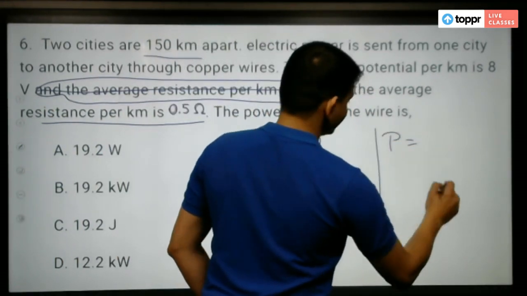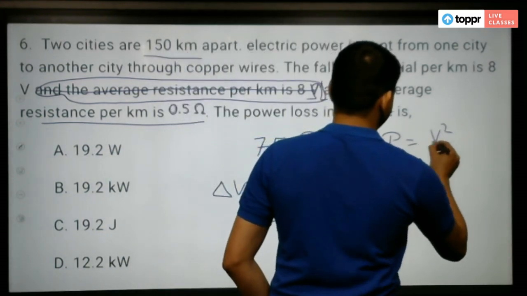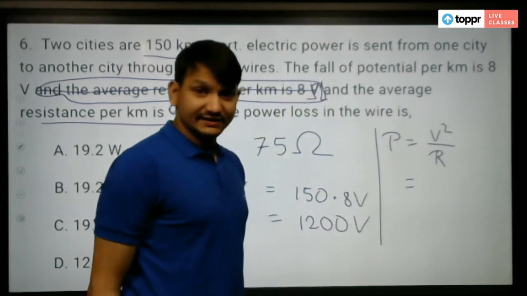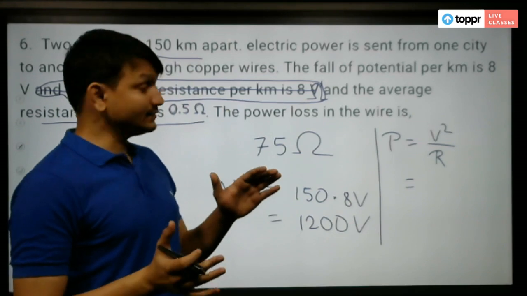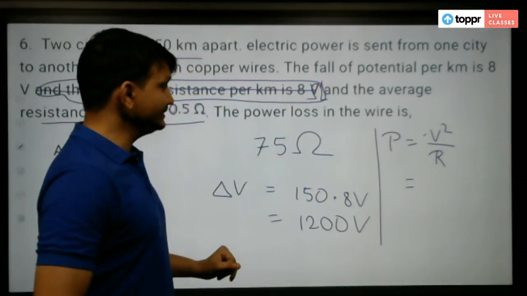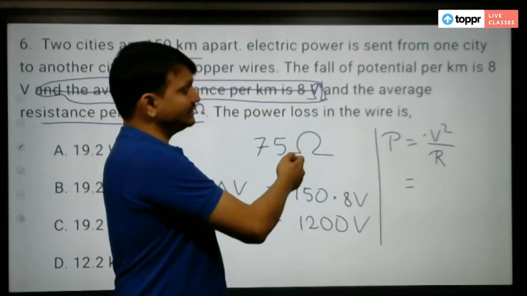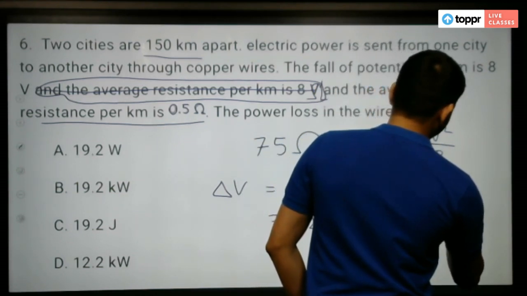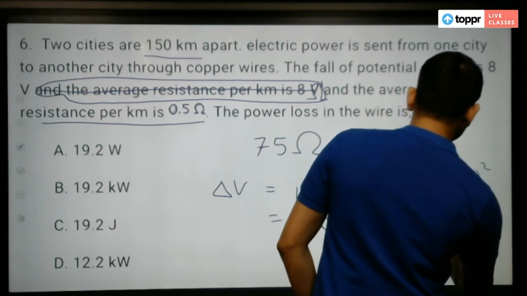Power is equal to V square by R, that is the square of the potential difference, the potential drop, and R being the resistance. We have both the quantities here. We can simply put and find the answer. 1200 volt square divided by 75,